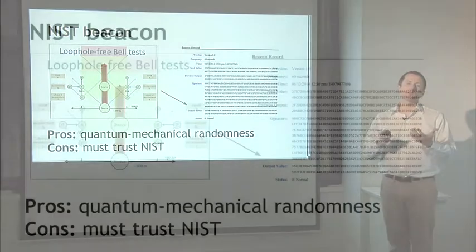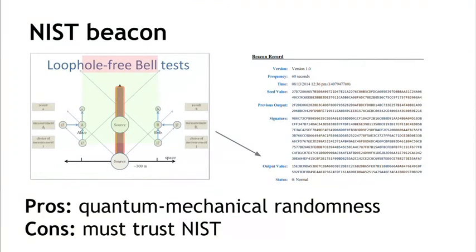And if you read their papers in the physics argument, there's a very strong argument that this is truly random and that there's no way anybody could predict it. Of course, you have to actually trust that NIST is doing this. You have to trust that somewhere in a building in Maryland they've actually built this, and they aren't just making it up, or that they don't have the ability at a specific time, if they want to, to overwrite the value with some other data that they happen to want. So this is sort of the limits, in a sense, of physical display of randomness, and it still hasn't gotten around this problem that you have one trusted party doing it, and unless you physically go there and observe the process yourself, it's very hard to have a high level of confidence that this was a fair process.